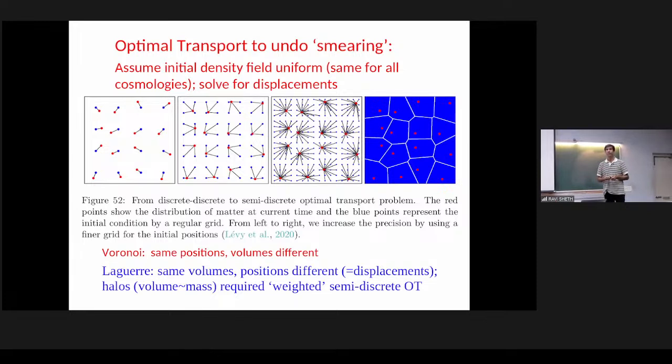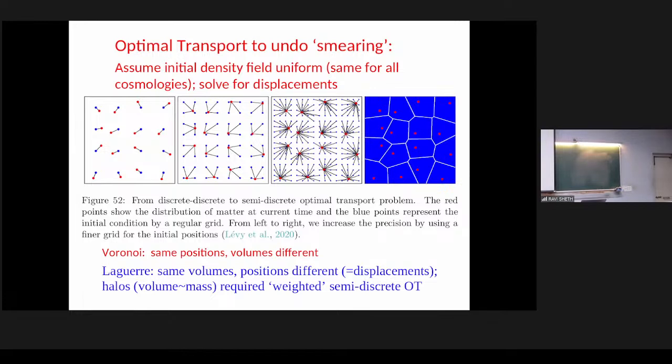Is this obvious? It's not completely obvious. So it's obvious if the motion is given by the Zeldovich approximation; this is exact. But if it were not Zeldovich, then it won't be. The Zeldovich approximation works okay on big scales, but does not work on small scales. There's this thing called shell crossing.